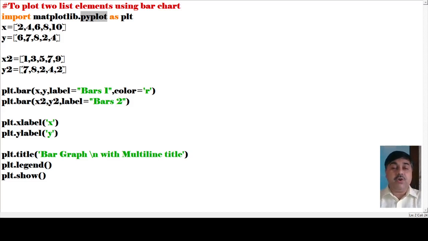Under matplotlib there is another section, pyplot, and we have called pyplot in a different pattern, like plt.